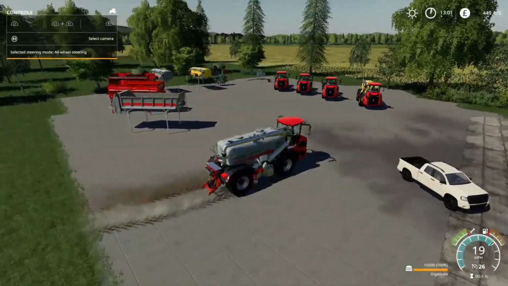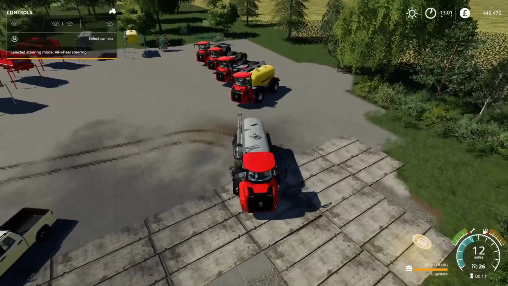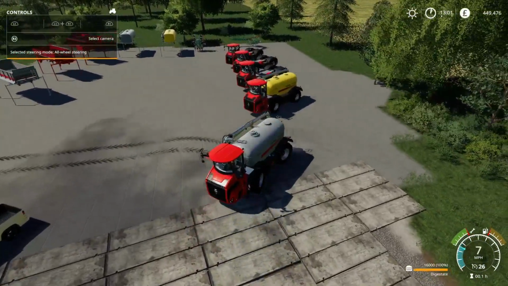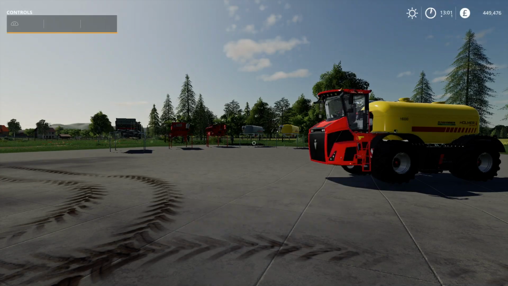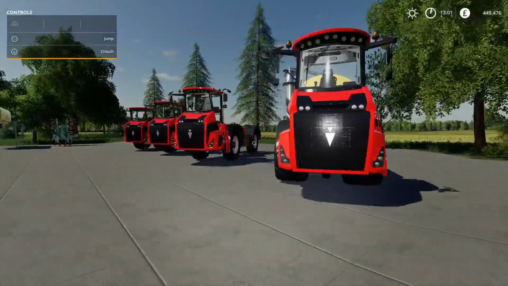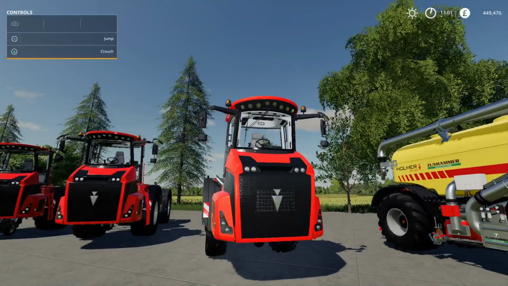Right, so that is the 435 slurry tanker tender, and you can use the injectors with it as well. But yeah, it is a nice looking bit of kit. But 381,500 is a lot of money, but this is a lot of money as well. This is